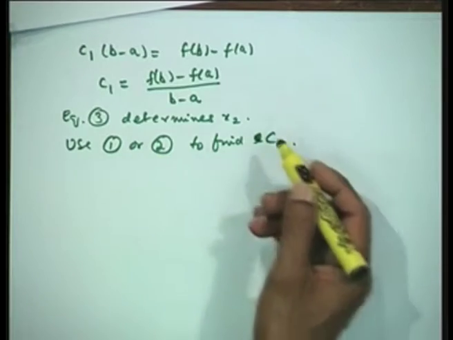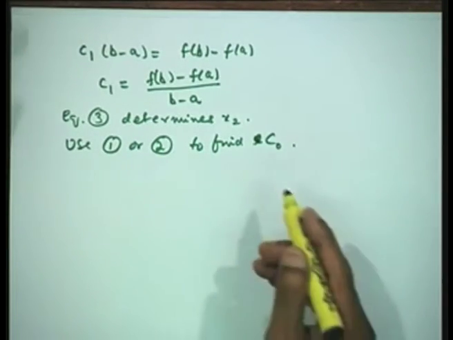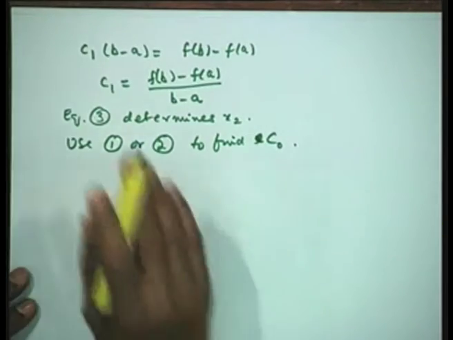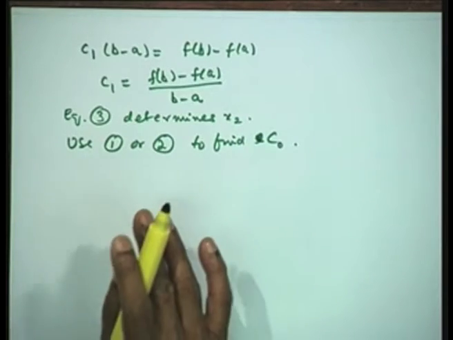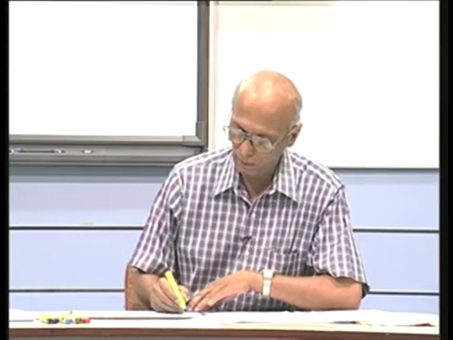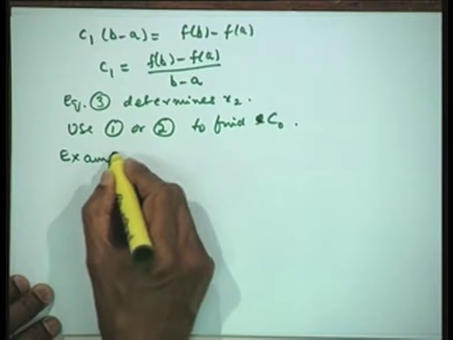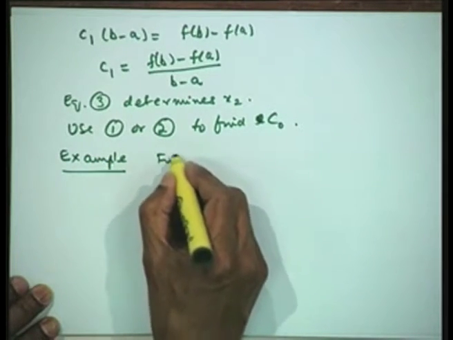I can take any one of the points and find out the error, because the error is in magnitude the same. So, I can use the first point or the last point or any point to find out what will be the uniform error here in this particular case. Now, let us take an example for this to see how we are going to use this. So, we shall use the same example which we have done in the least square approximation, so that we can have a comparison.